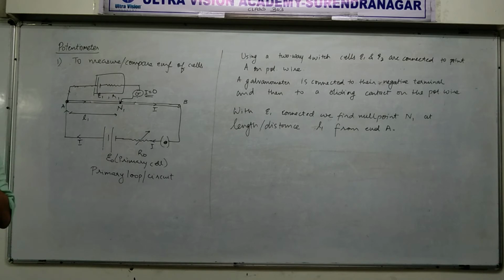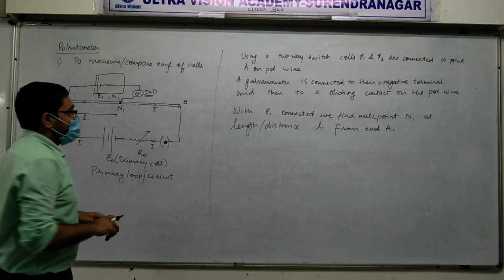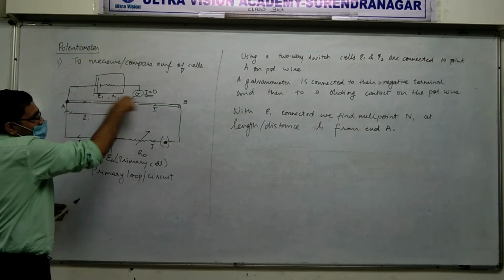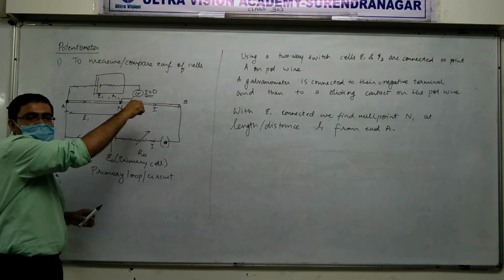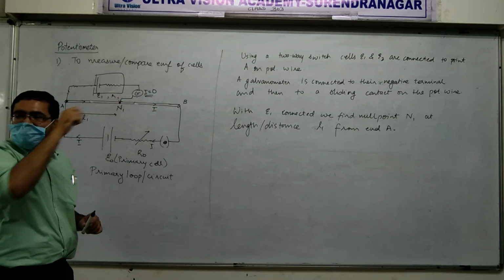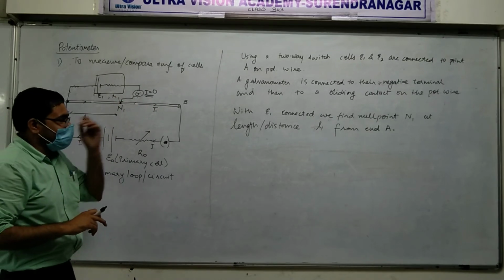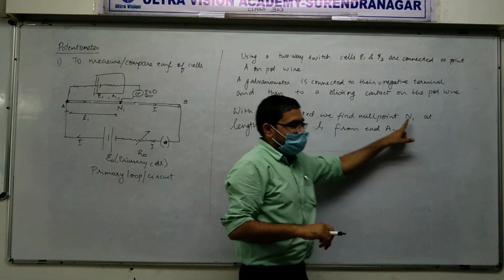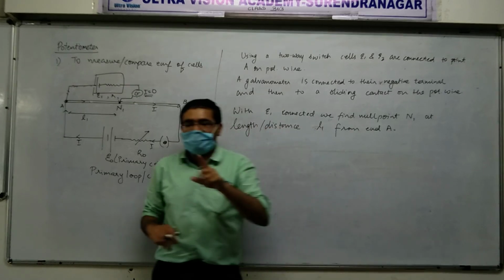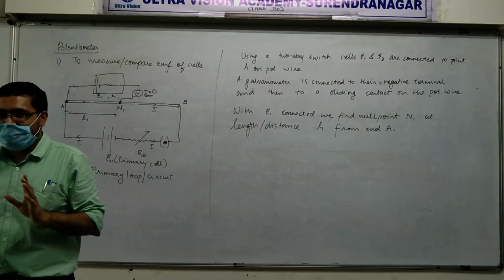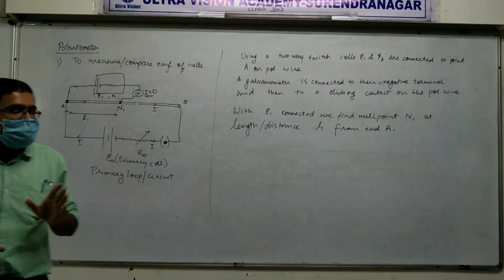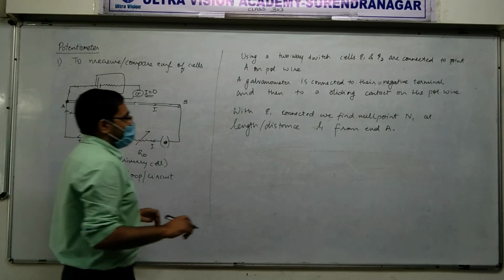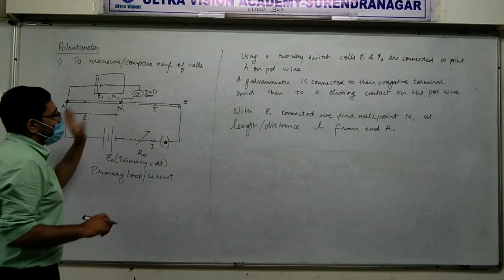So what are we describing? We are describing the procedure, and side current, to find what? To find the null point. What are we calling that null point? N1. When epsilon 1 is connected, we call the null point N1. Did you get that? Yes or no? And it is at what distance? L1.